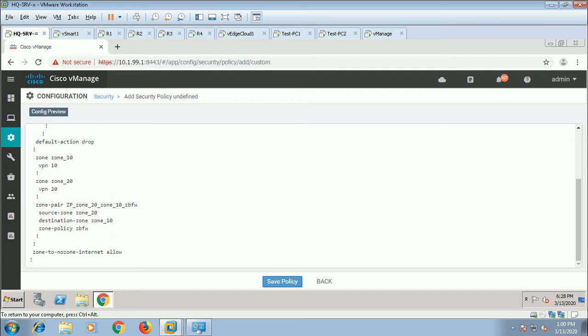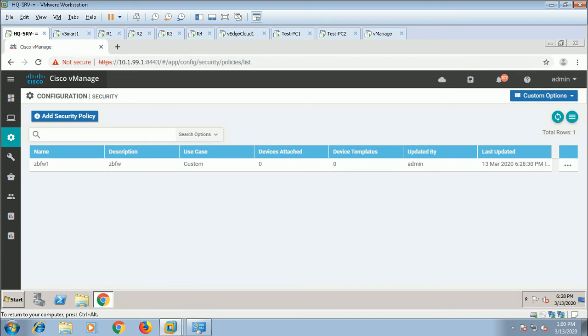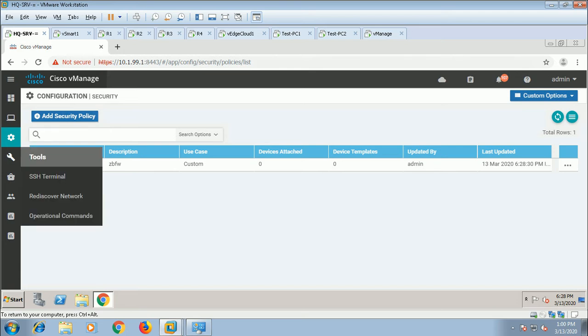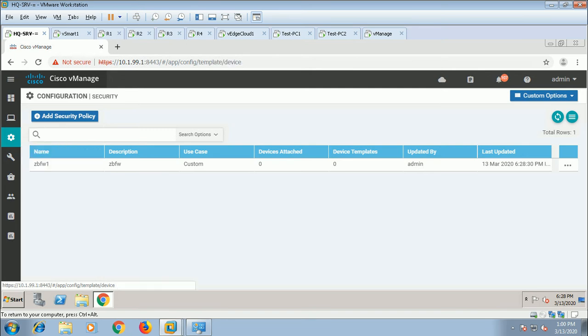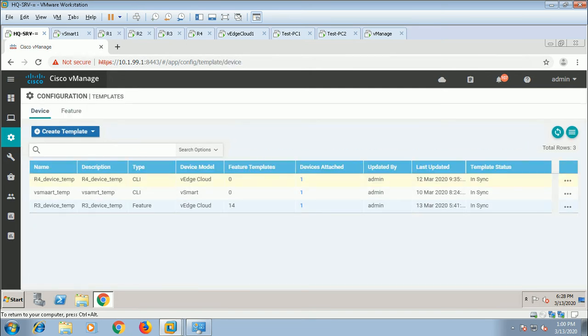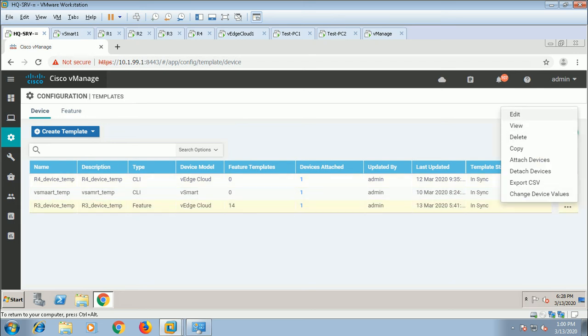Save policy. Since this is a localized policy, now I have to apply this to a specific device. In this case we are implementing it from the router 3 perspective. So go to template. This is the device template of R3. Add it,